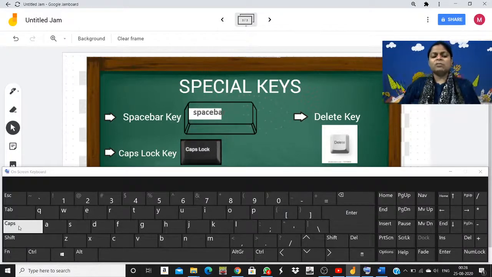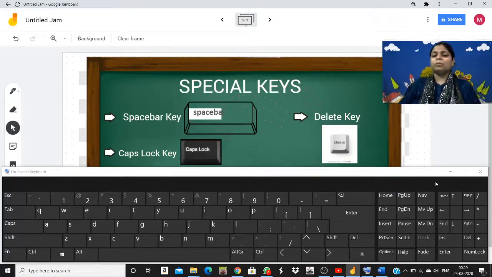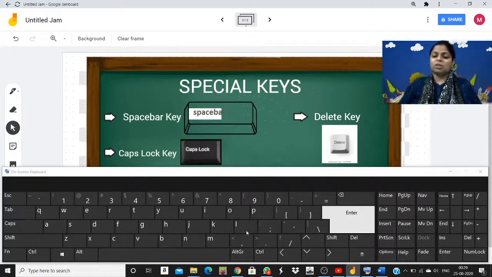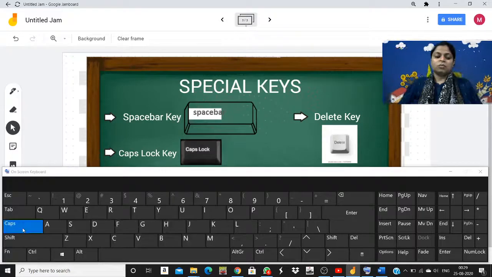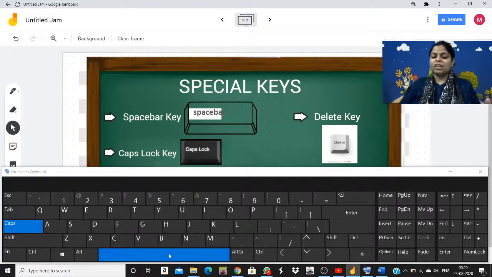Now children, as we switch on the caps lock key, you will see on your keyboard that there is a light on the right side on the top, and that will be on. If that light is on, it means caps lock key is on. If that light is off, it means caps lock key is off. So I will press, okay, caps lock key. See, can you hear the sound? Click, and see, now it is coming in blue color. Now as I am clicking, it is giving the sound of click, and it is selecting also.